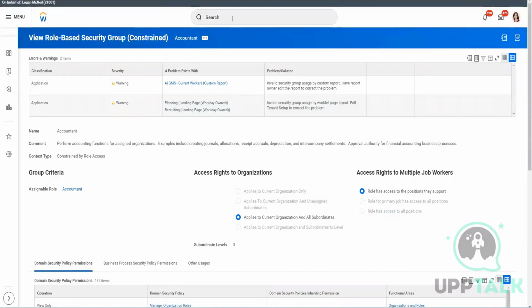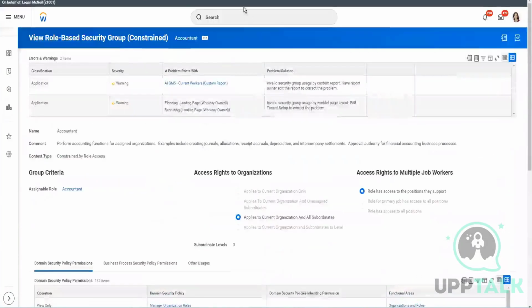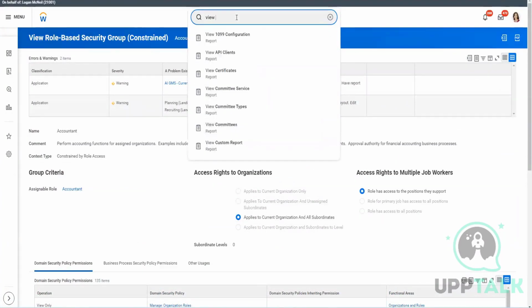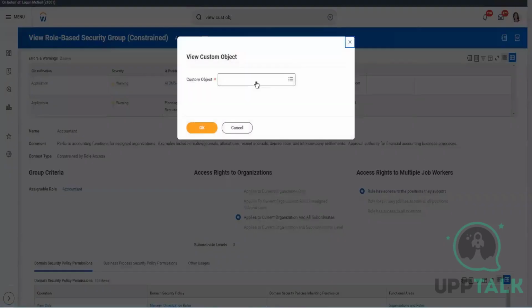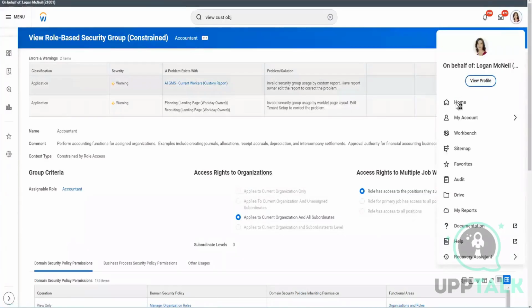Oh, okay. So if I say view custom object, and a field that is not available in Workday, but you need to create a field for that. Oh, yeah. If I look at view custom object, and let's say I'm looking at the worker data source on the business object worker, it's not showing me here, but let me show you in another way. If I go to Logan McNeil's account,